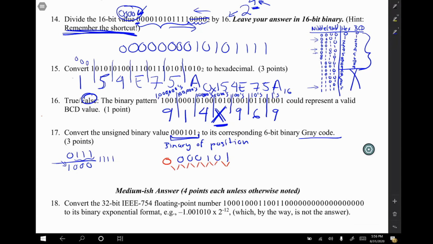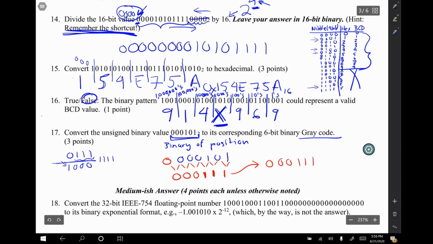And if the neighboring bits are the same, like in these first 2 bits, they're both 0, you copy down a 0. The next 2 bits are also the same, so you copy down a 0. The next 2 bits are also the same, so you copy down a 0. The next 2 bits are different. One's a 0, one's a 1, so that's a 1 in that position. 1, 0, they're different, so that copies down a 1. 0, 1, they're different, so you copy down a 1. And so the 5th position of the 6-bit binary gray code sequence is